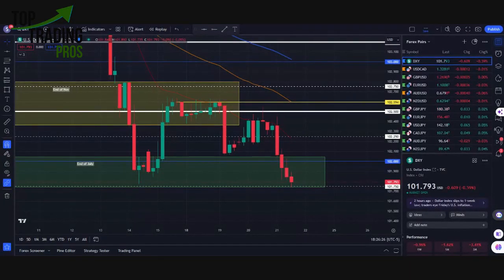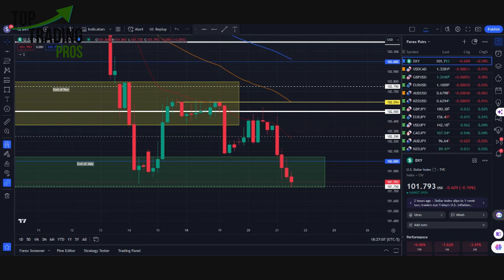So today we had yet another adventurous day for the dollar index, and with this we had a call today for the report that came out today. The last report of this week is the core PCE numbers. The expectation was for it to come in at 5.2%, but instead it came in at 4.9%. With that drop, the dollar did indeed fall.